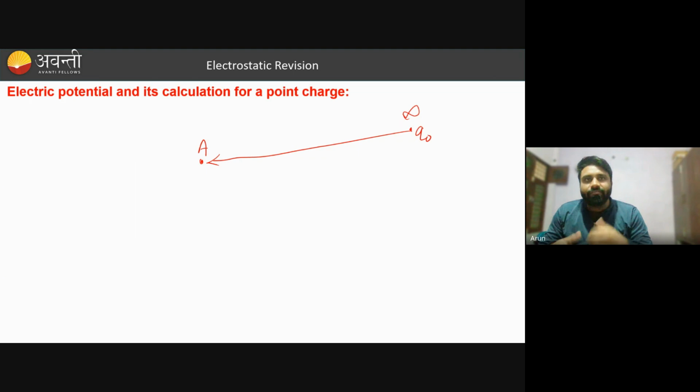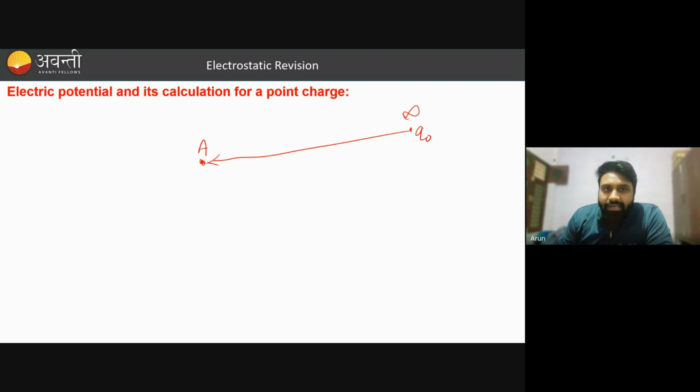Okay, how do we define the energy? Energy is the ability to do work, or capacity to do work. How much work I can do depends on my potential energy, depends on my energy. And the rate of work done is power. How fast I am doing the work, that is my power. Okay, so